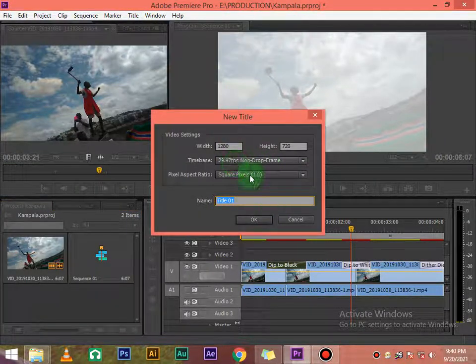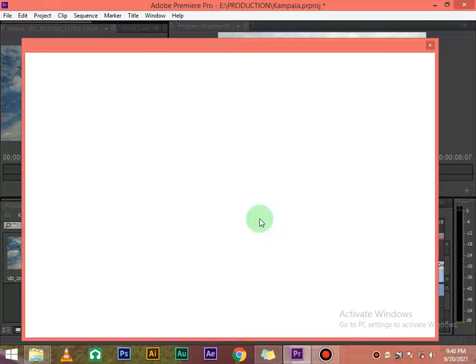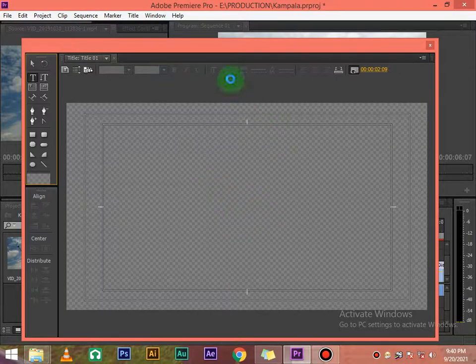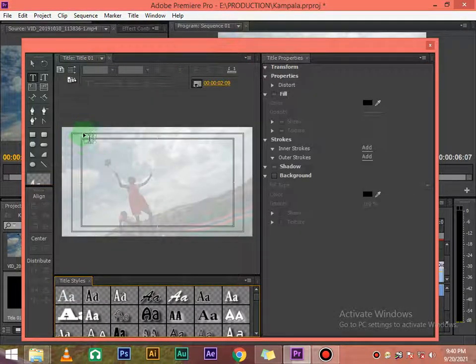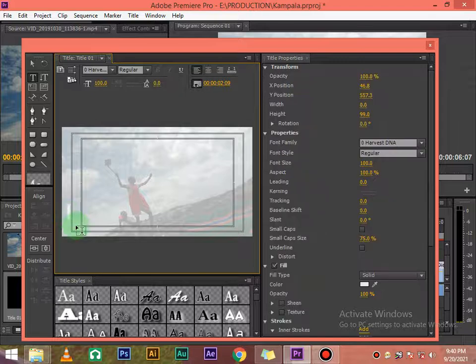Then it will open for you this window and ask you to give the settings. You can go ahead and click OK. Now this white part you're seeing is a preview of the video, but you can see the cursor has changed. It has brought a type tool, so it's asking you to type whatever you want to type. So I'm just going to click on the video. Let me say I want to type down here. I can click it there, and I type, let me say,